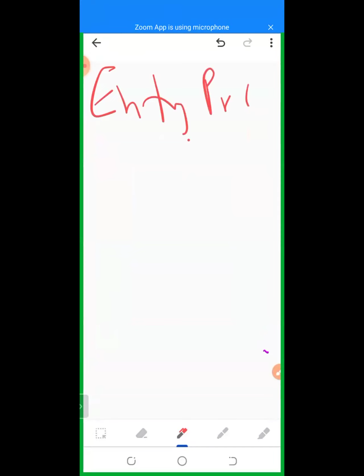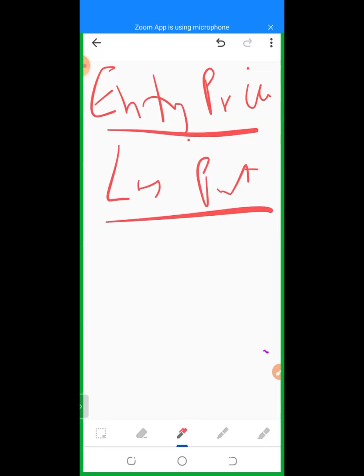The entry price, whether you are taking a short position or a long position, is the price that you enter a trade. Let me first explain with long position. Long position means you want to take a buy order. Let's say you want to enter a coin at $3. Whether the coin goes up to 3.5 or goes down to 2.5, the entry price, the price that you enter, is this $3.